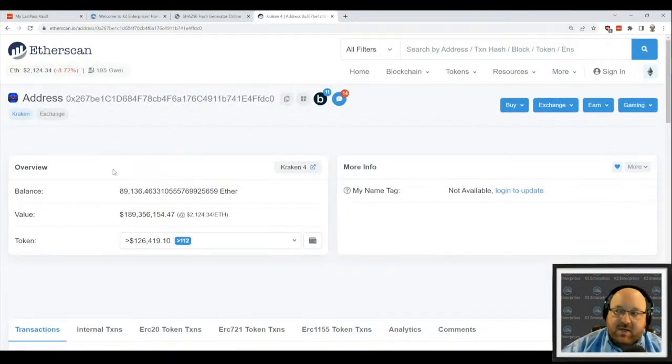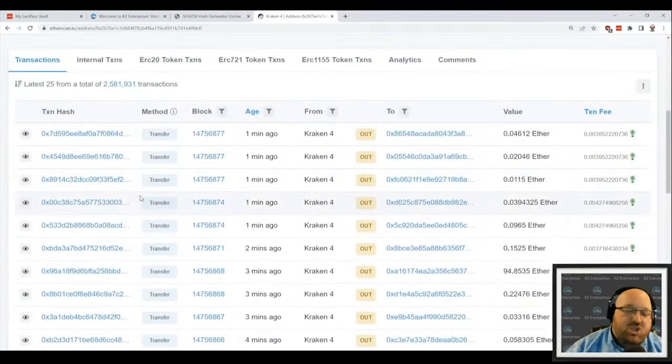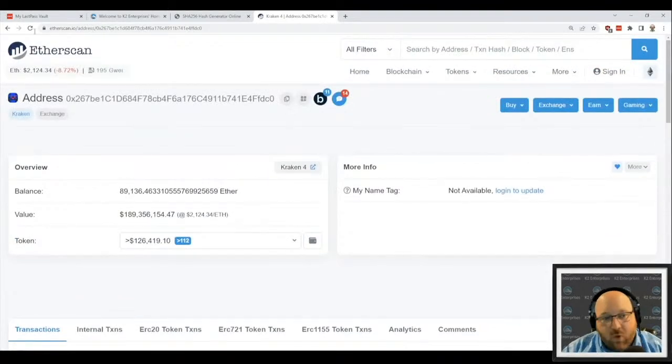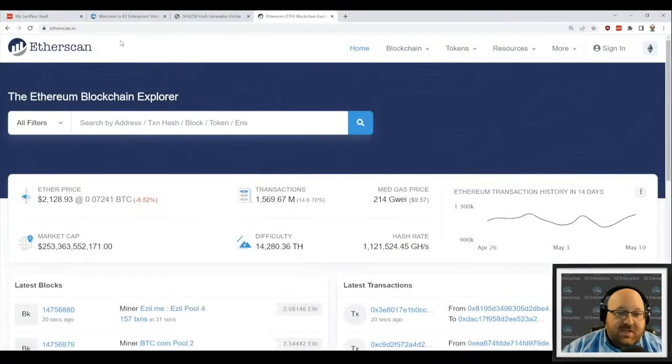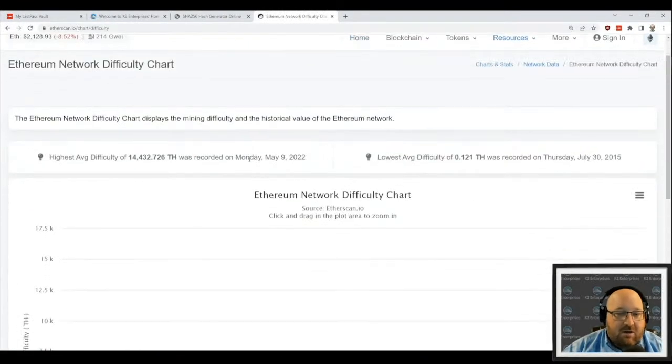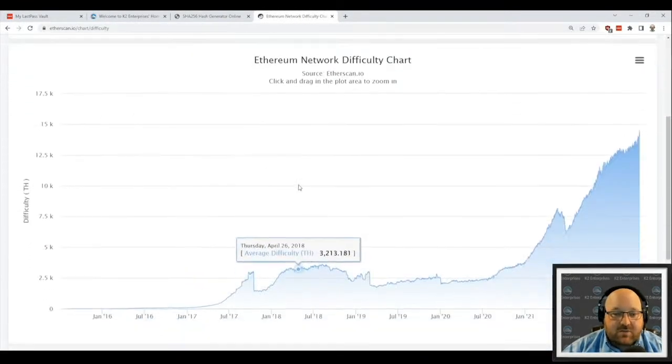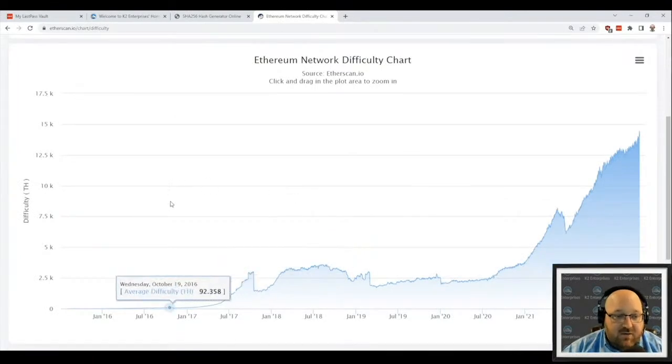This is going to be a huge wallet, and in fact, we can see that it actually is. It's got 89,000 Ethereum in it with a fair market value at the moment of $189 million. And it's an exchange. So imagine you can go look at the bank account of the New York Stock Exchange. I mean, that's like what this is. But this Etherscan really gives you the insight necessary to understand everything as it matters, and it also gives you a sense of